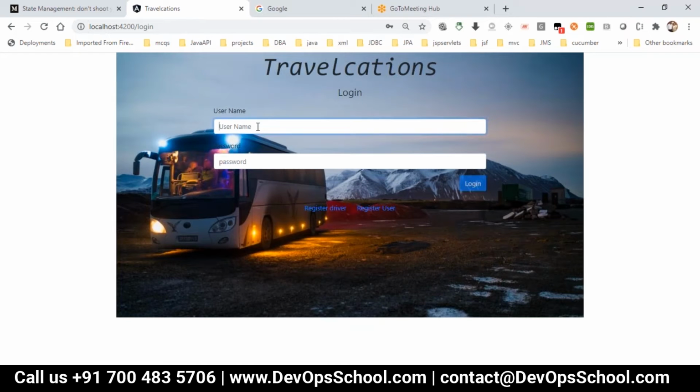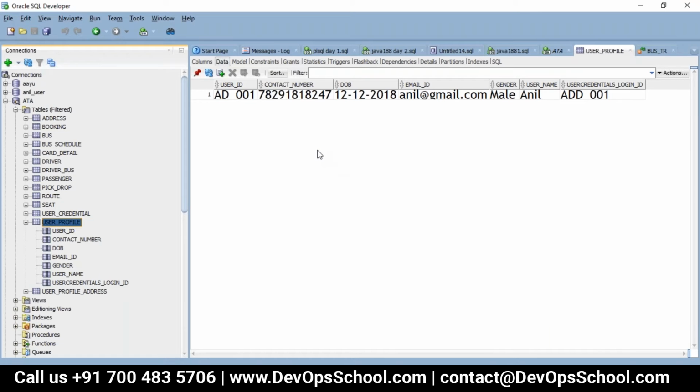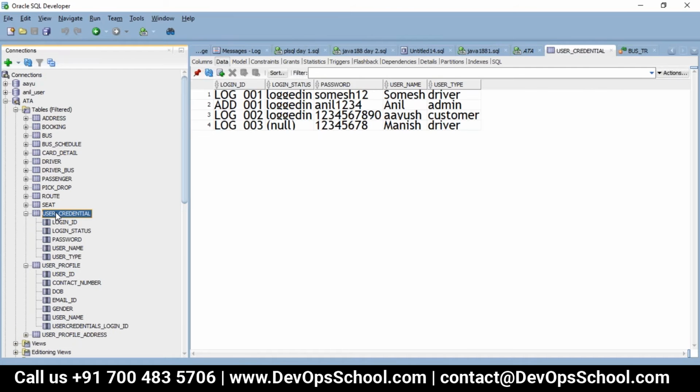If you log in with this page, I have admin, and here in my database, let me just check what the admin is. Okay, admin. And you can see here Manish's login status is null because he has not logged in.